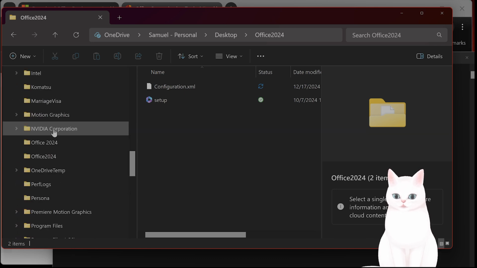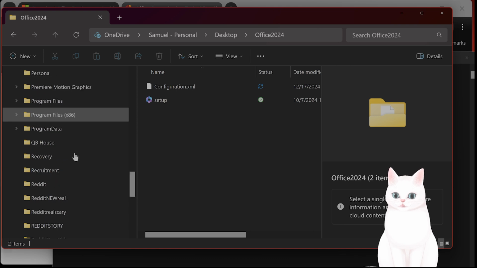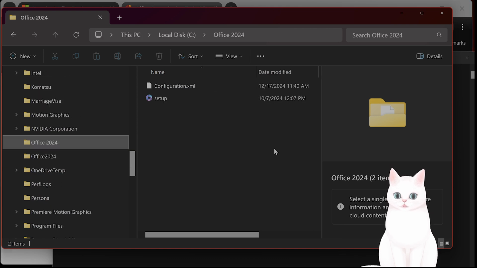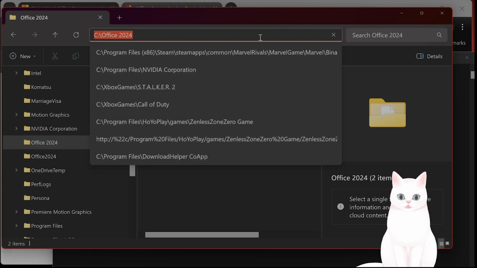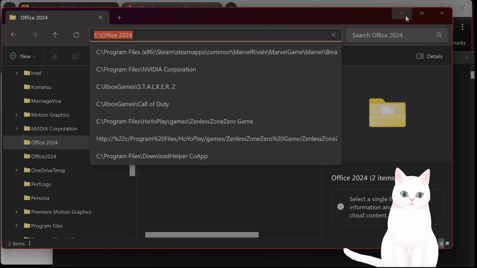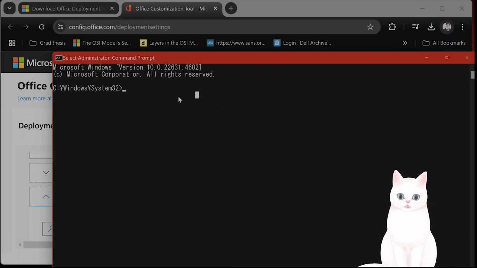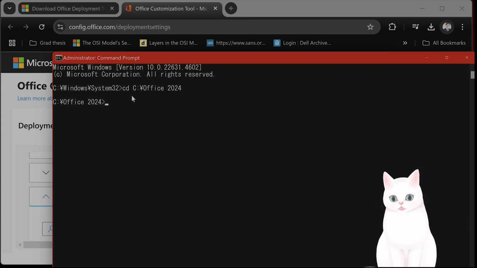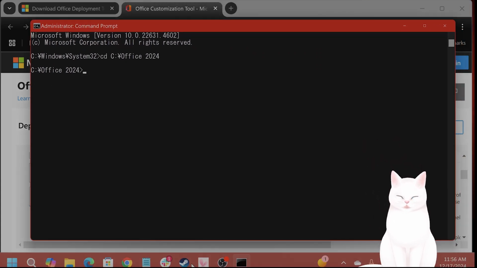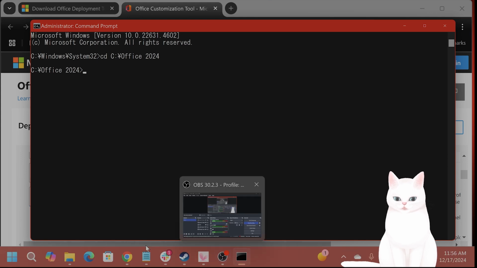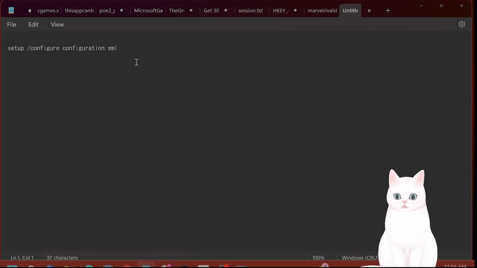Doesn't really matter. So now I have this Office 2024 on my C drive. This is what we just made. Copy this file path, say CD, and paste the file path. Great, now you're here. Now what you want to do, again, I'll put this in the video description, is copy and paste this